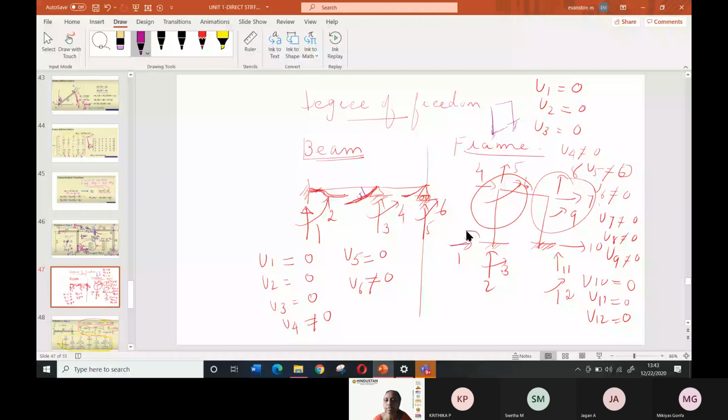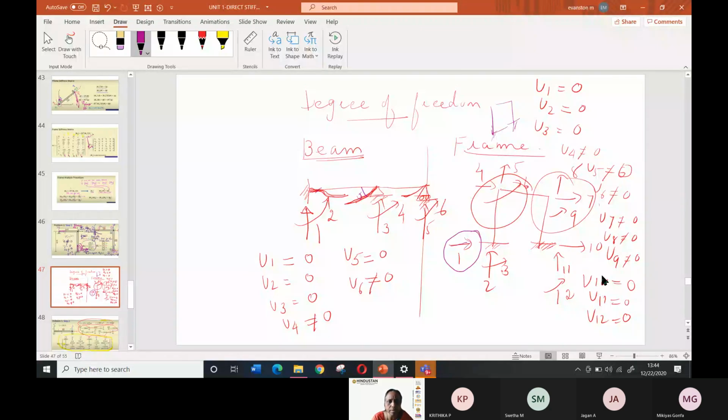So like that you have to follow, and I have explained this to us, that is u1 is equal to 0. So this is fixed, everything is 0, u1, u2, u3 are 0, but u4, u5, u6 are free to move in the horizontal direction and rotate also, that is allowed. And u7, u8, u9 are also not equal to 0 because they are free to move. And when you take 10, 11, 12, it is fixed. Fixed means that is not allowed. All these things we have seen already.